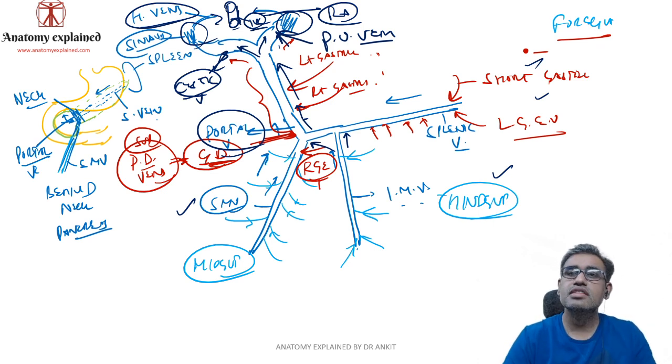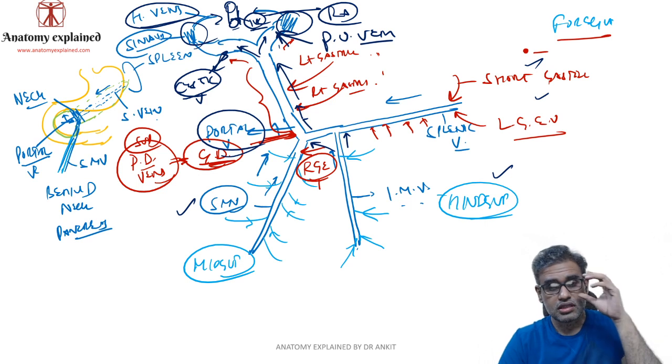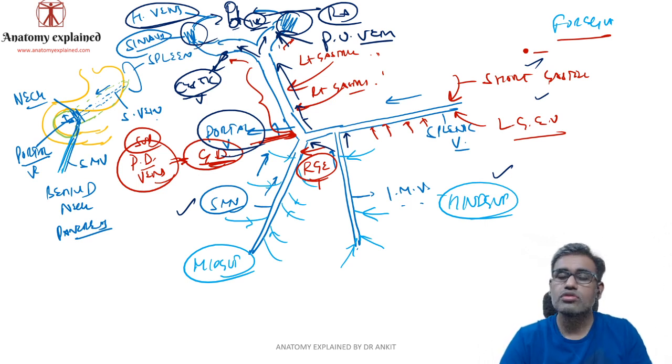About its various branches, right and left branch of portal vein, cystic on the right, para-umbilical on the left. So that was your basic anatomy part, the gross anatomy part of the portal vein, how is it formed and what are the various veins. Now it is clinically very important. There is a portosystemic anastomosis, so that we will do some other day in some other video, and that's all.